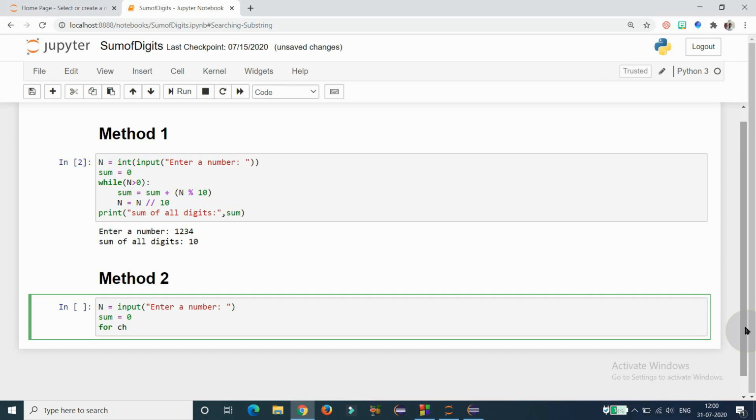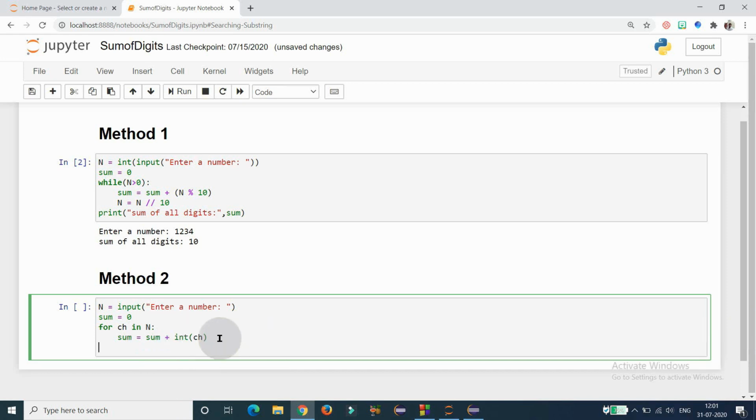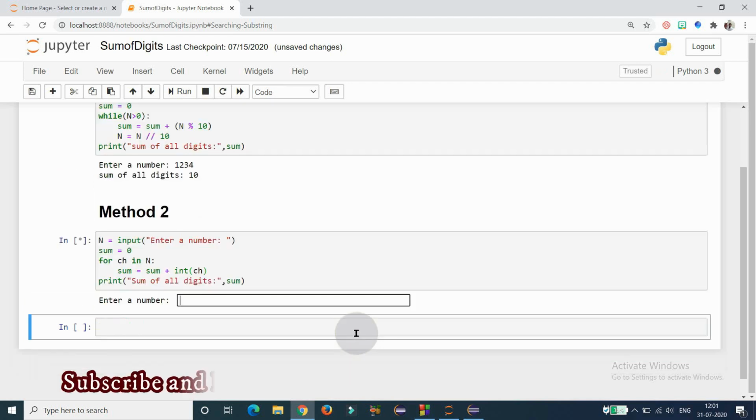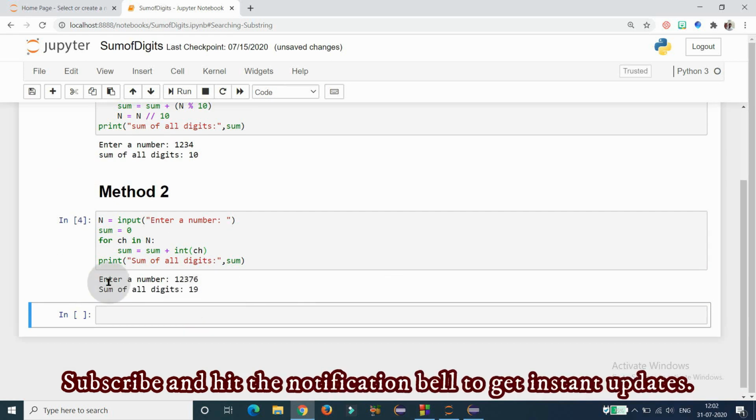For that, ch is the variable I am using to take each character in the string. And then I am updating the sum value by converting each character into an integer by using the int function. So each character of the string will be converted into an integer, and then that is added to the sum. When this for loop is terminated, you will automatically find the sum of all the digits present in that number in some variable. Then we need to display that. So that's it with the program. Let me execute it. Then I entered 1 2 3 7 6 as input, and the total I got is 19.